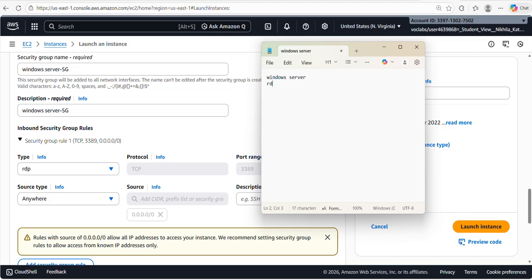Those are RDP, port range is 3389, SSH, this is for Linux, port range is 22, HTTP, port range is 80, HTTPS, port range is 443,